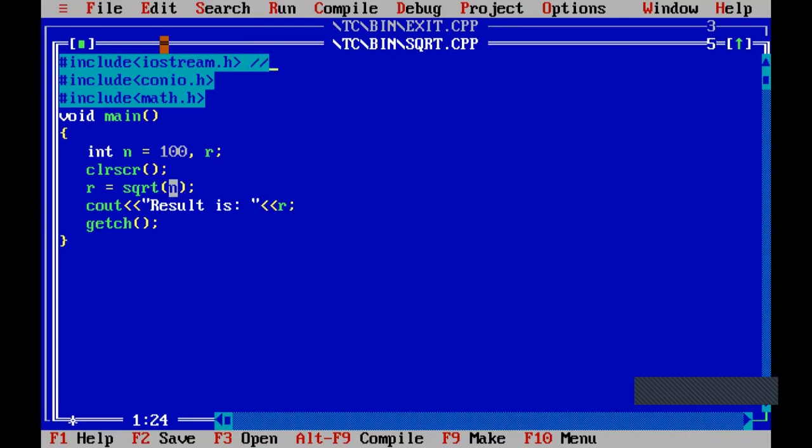So iostream.h is for cout and cin statements. iostream is for cout and cin.